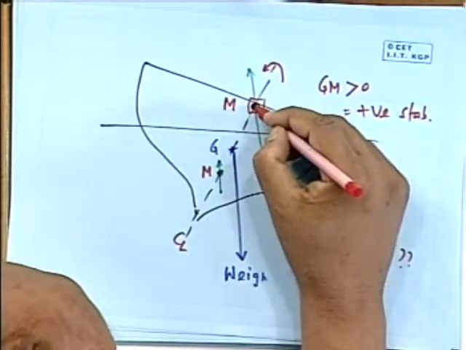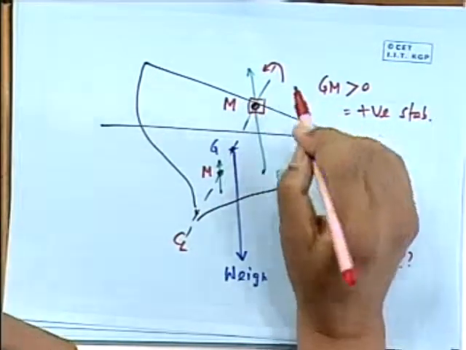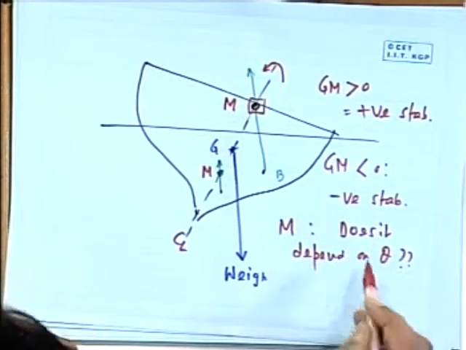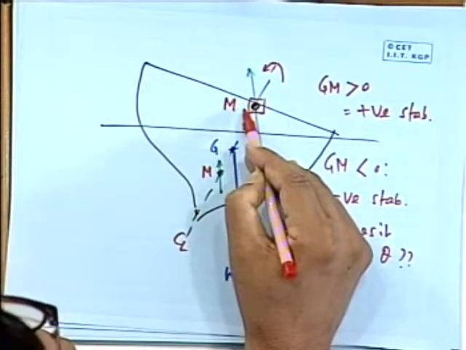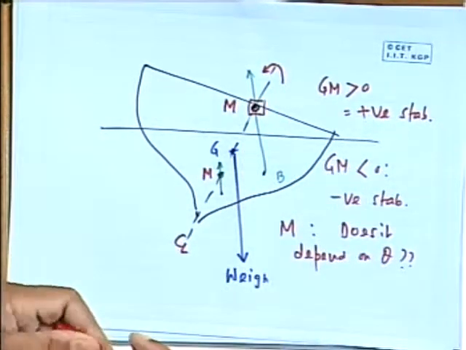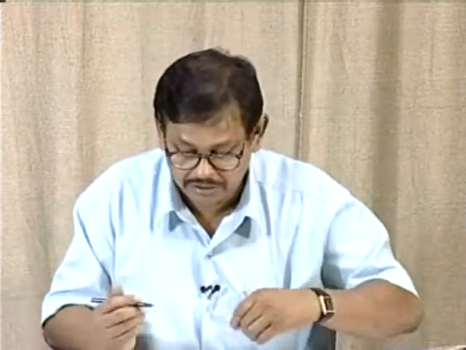This intersection point we have drawn here, if it depends on theta, then it is obviously not a fixed point. Now, when we talk of metacenter, we have to be very careful, and there is a formal definition. You see, the point M